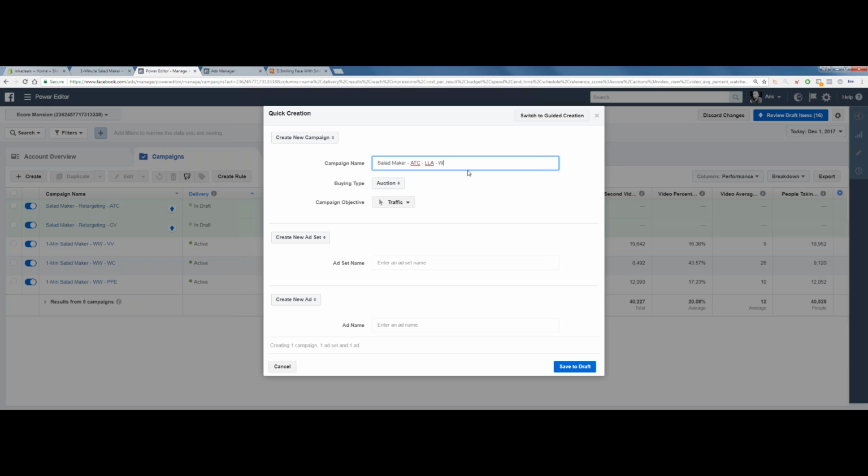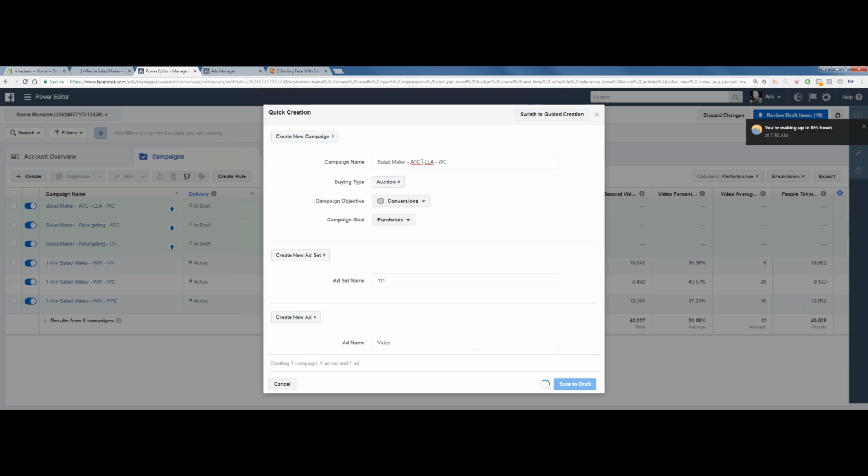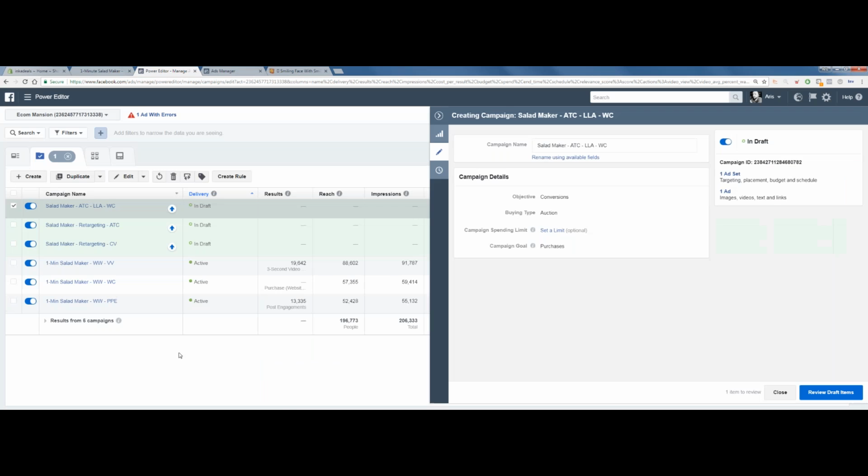We'll also put WC, website conversion, because this is going to be a website conversion campaign that we're going to run. Purchases here doesn't really matter. Here we'll just write video. So this is the campaign for the add to cart percentages that we set up for the lookalike audiences.